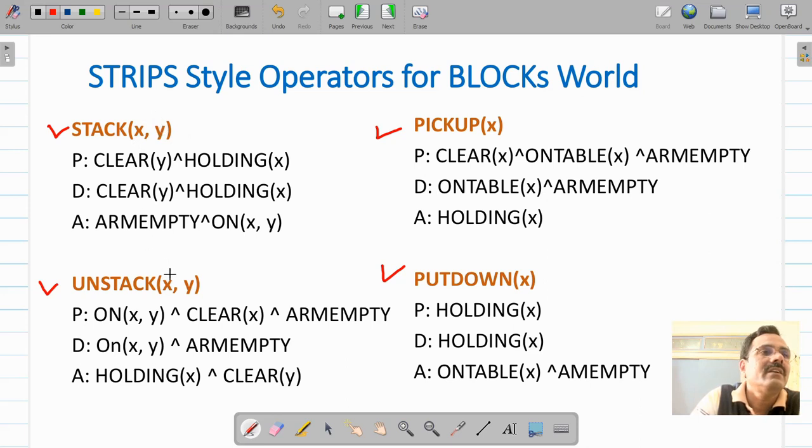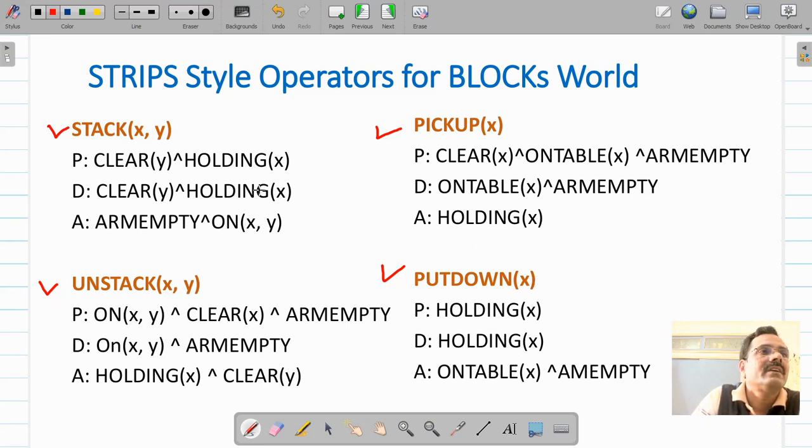Unstack x y will remove block x from block y. So x was on y, and unstack will remove this block x from y, so y will become clear in that case. Pick up x will pick up block x from table, and put down x will put block x on table.